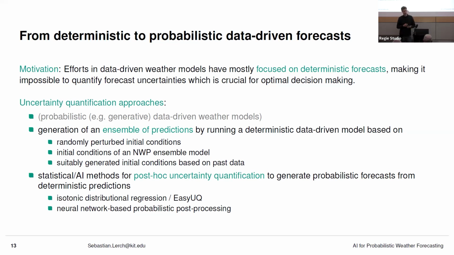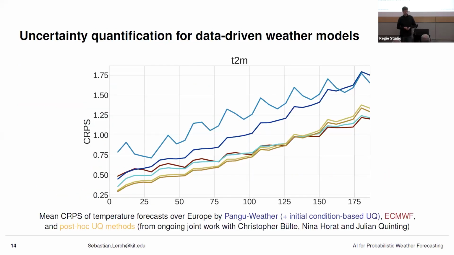There we looked at two ways of doing this, one more statistics-based approach and one more machine learning-based approach using neural networks. I just want to show one slide of results here to indicate how those results can look like. This is, again, the measure of forecast error via an error metric, the CRPS, which measures the quality of a probabilistic forecast. So here again, lower values indicate better forecasts. And forecast quality here is shown as a function of forecast lead time in hours.